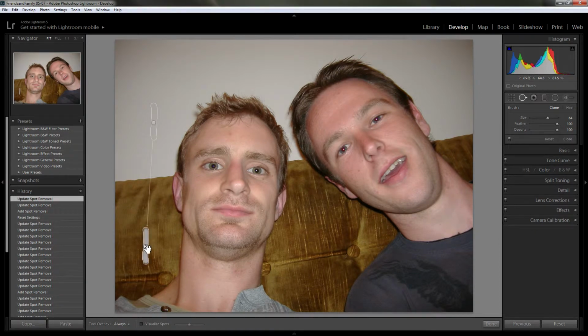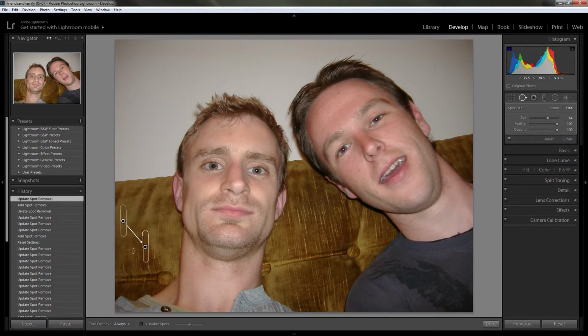If we want to readjust this, by the way, we just click on this button here and we can adjust, or just hit the delete key and it will get rid of that. The other option we have here is the heal tool, which I tend to find a little more useful. What the heal tool does is it works differently to clone. It has the same options here, but it works differently to clone in that it will replace the texture but not the color. So say for example we go for that same line again, I drag that down,